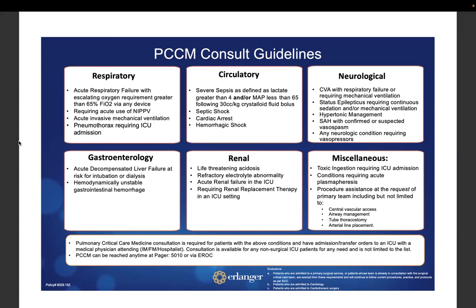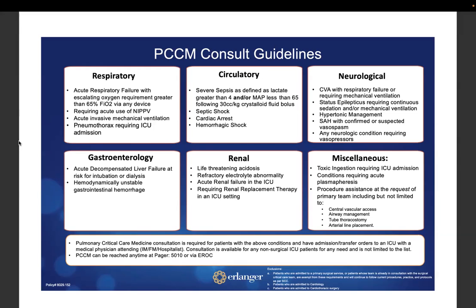So that's really it. I'll take any questions on it. This has been sent out to Curtis, and Tina, I can get you a copy if you want to disseminate it to all of your attendings. Dr. Youngblood was involved in the creation of this, as well as Dr. Swafford, myself, and a few of my team. Any questions that anybody might have? No questions here.